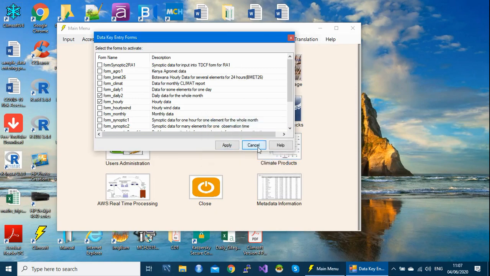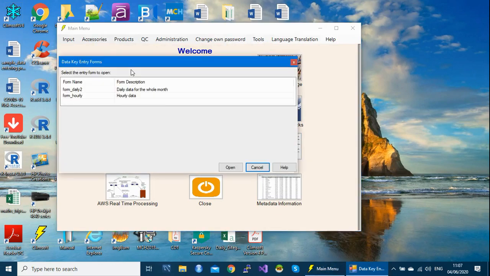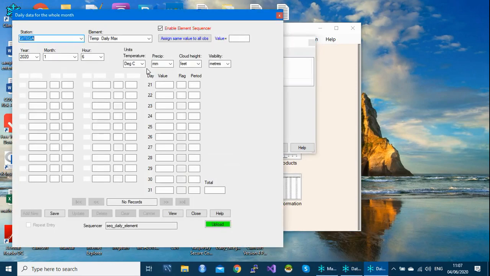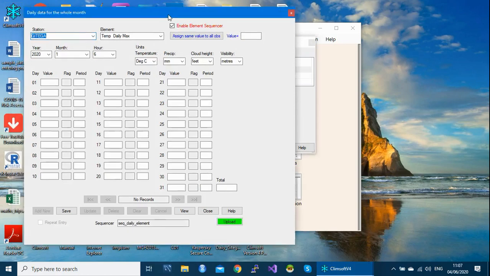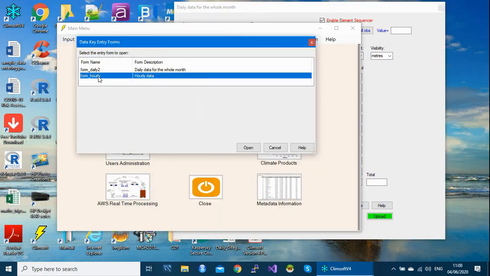And then you close this, open again this icon, click on it, and by double click on this line, or one click and open, you'll be able to open this form. You can also open the second one.